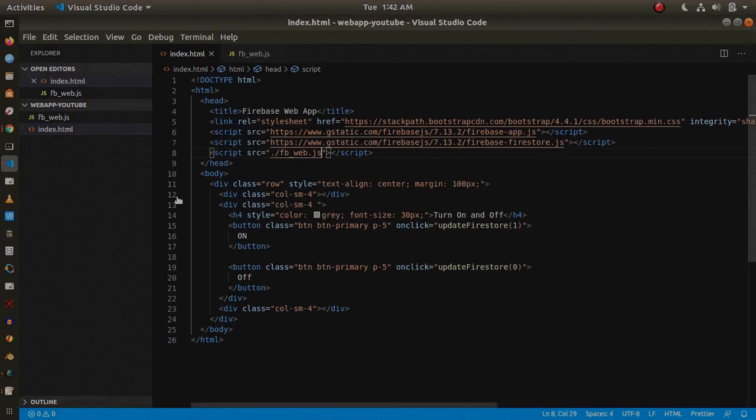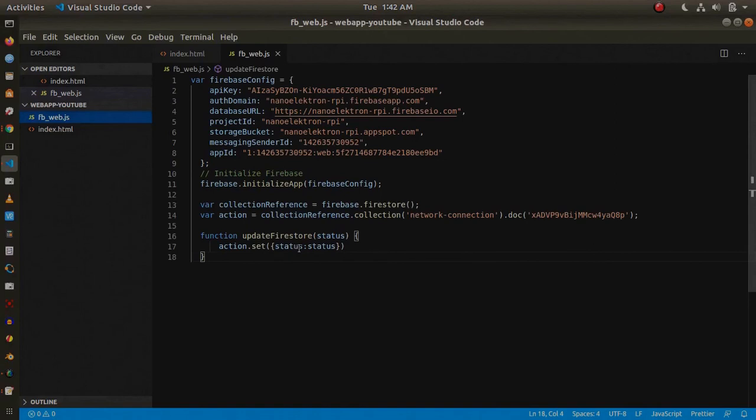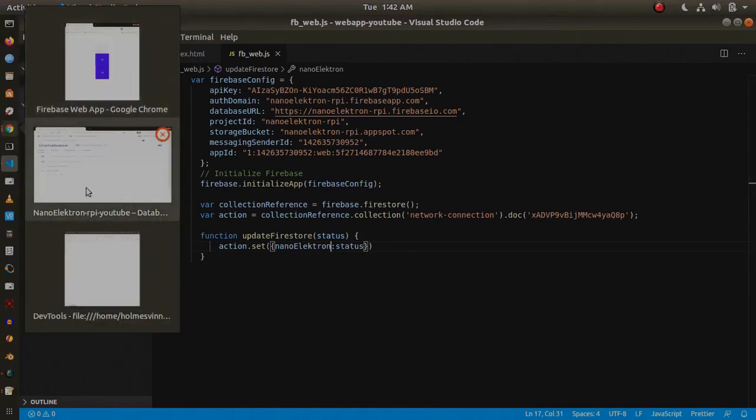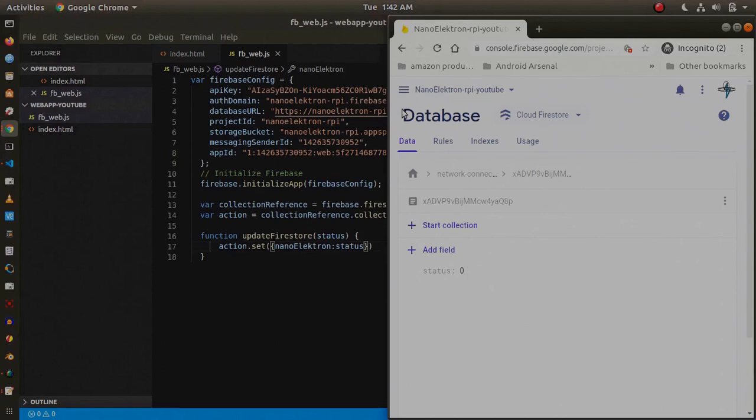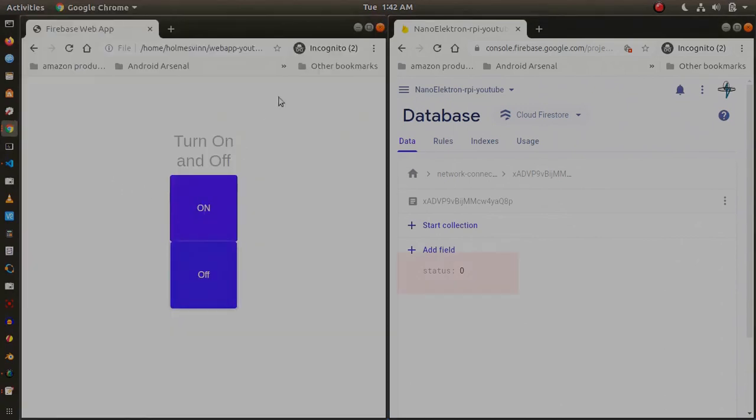Not only a value inside a property, but also an entire JSON can be set into our document. So let me just simply change the property name and check whether it is getting reflected. Okay, so as of now everything is fine. Let us start with the listener in our Raspberry Pi.